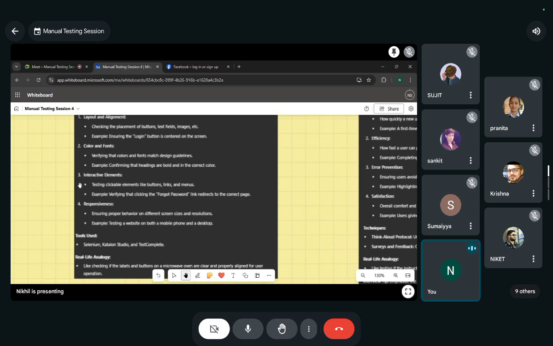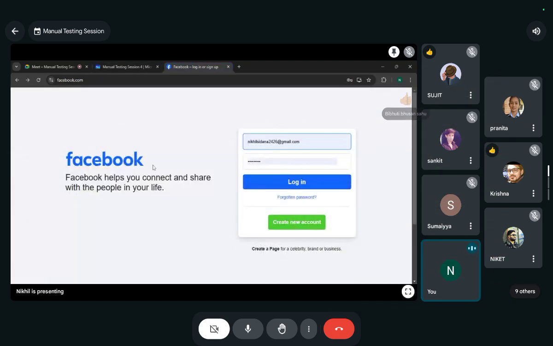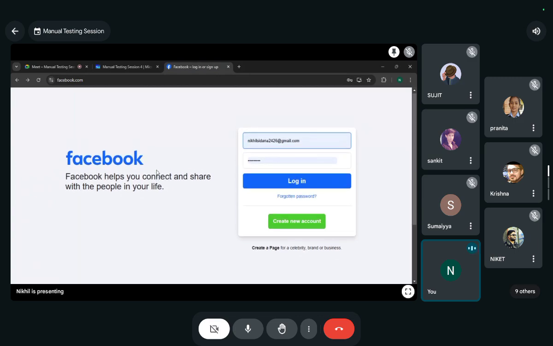Interactive elements: buttons should be clickable, links should redirect to the correct place, and menus like drop down menus and everything like this. Give me a thumbs up, guys, if you understood the interactive elements point also. Responsiveness is the one point which is left. See, guys, this is the Facebook page, and right now it's open on a laptop, and when I open this on a phone,